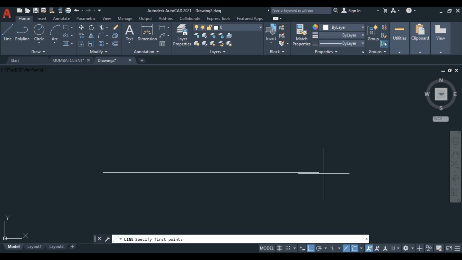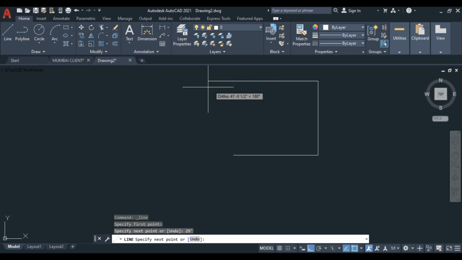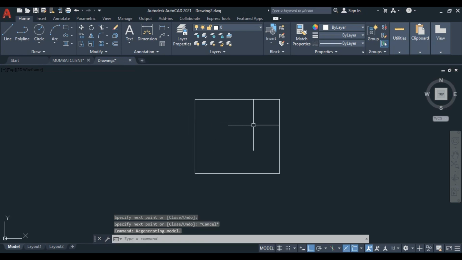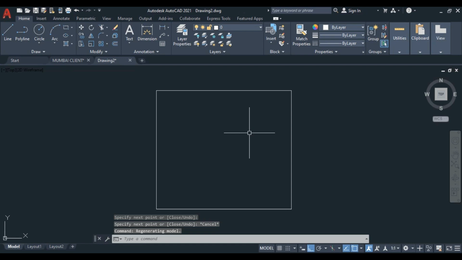Okay, and now we again take a line upward 29 feet, press enter, and here again 33 feet will come and just simply close here and press the escape button. Alright, now